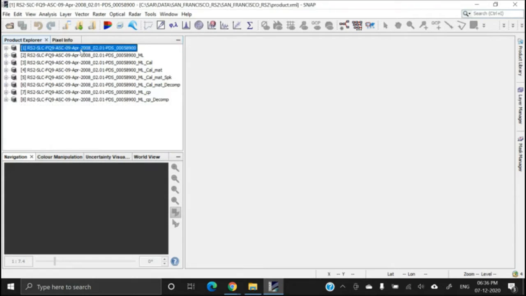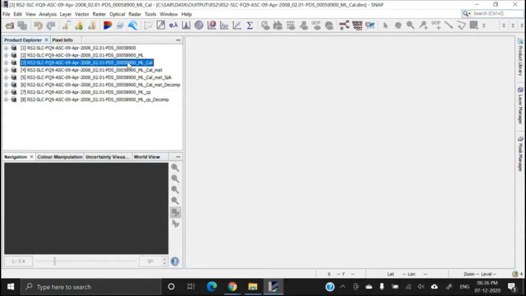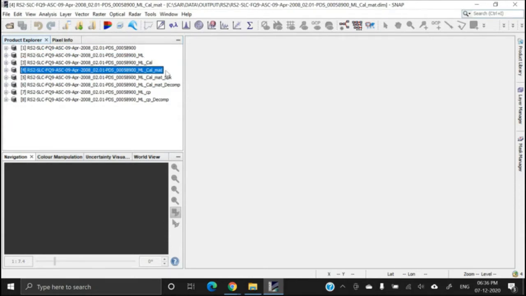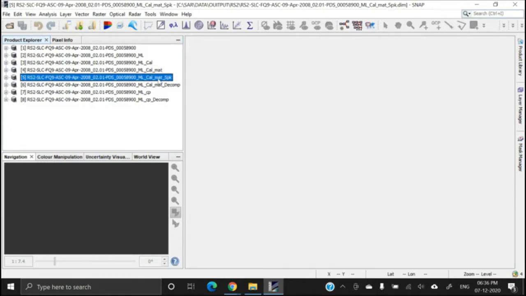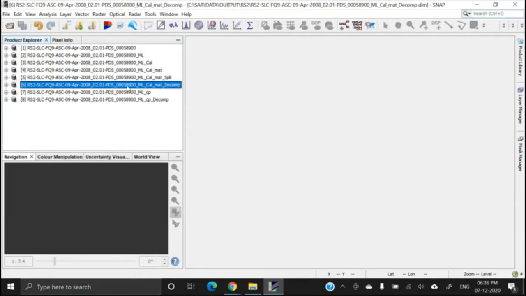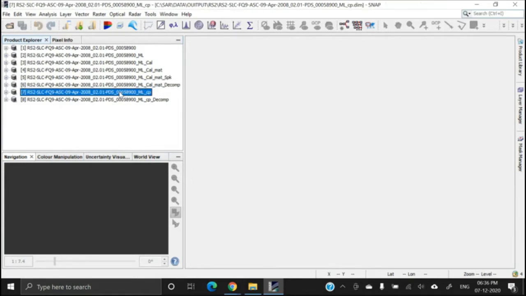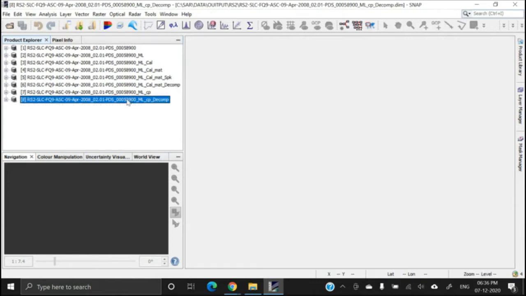This is the original product, then multilook processed data, then multilook processed calibrated data, then multilook processed T3 matrix, then multilook calibrated T3 matrix speckle filter, then it was decomposed, then fully polarimetric data was converted into compact polarimetry, and also this compact polarimetry was decomposed. So we had 8 products.